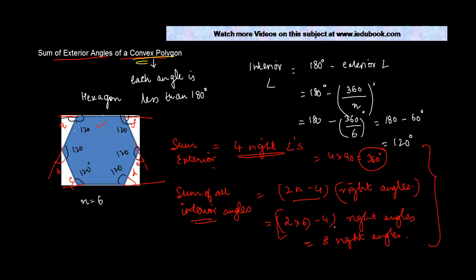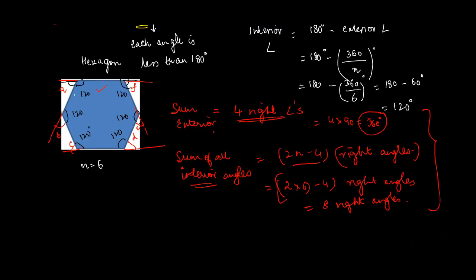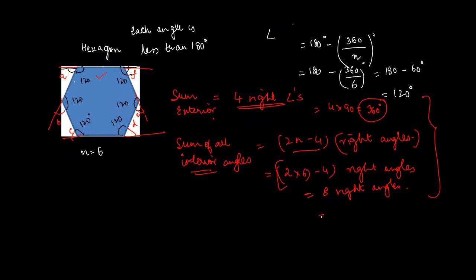For the same hexagon, the sum of all interior angles is 8 right angles, or 8 into 90, 720 degree. Now if you take a sum of the exterior plus interior angles, you will get 360 plus 720, or 1080 degree,